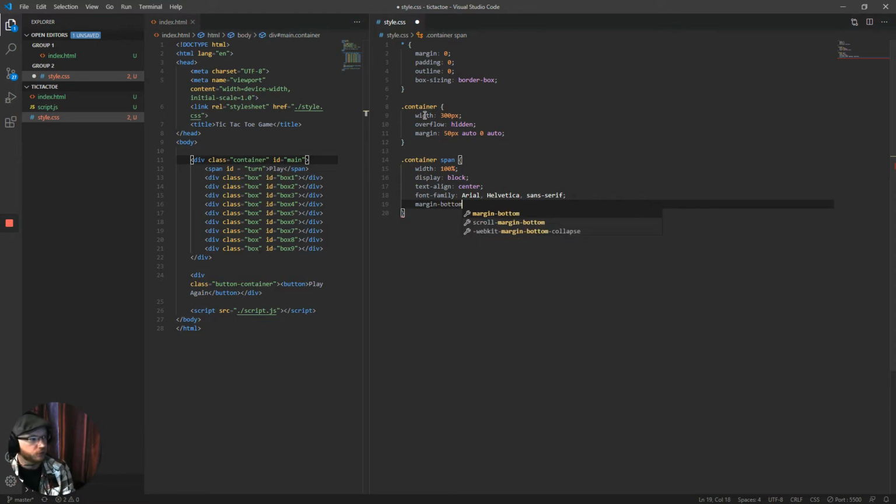I'll just do margin bottom because I'm only doing the margin on the one spot. Okay, and then